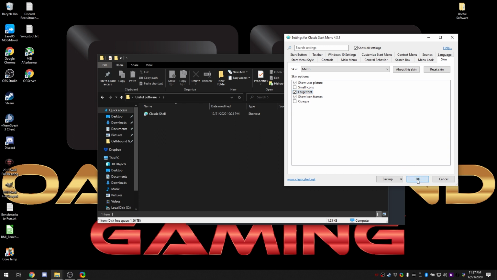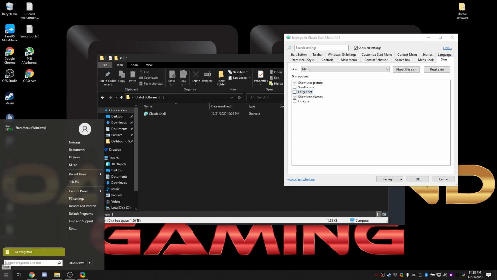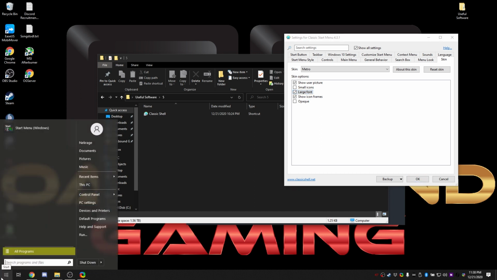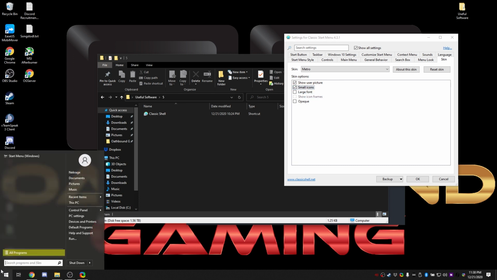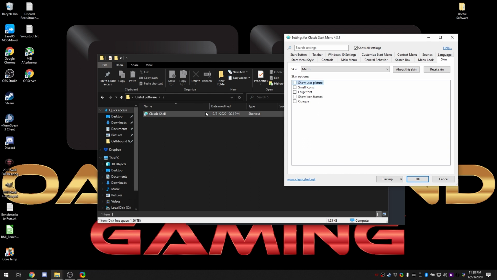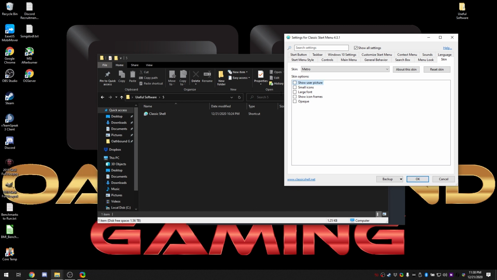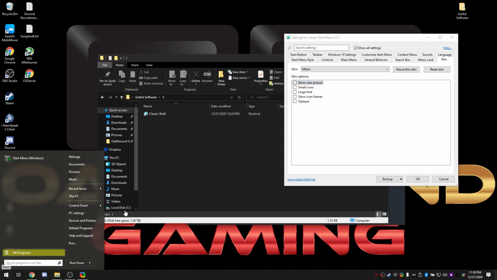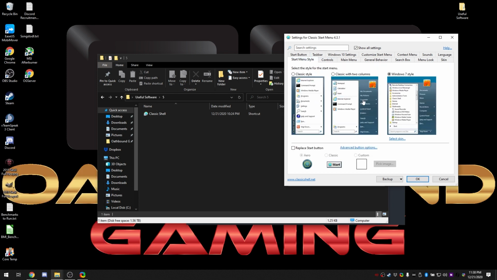But you can come here, you can select the skin. Let's say we want large font. And we're going to go ahead and open that. As you can see, the font is a heck of a lot larger once large font is enabled. It's pretty nice to be able to edit that. Small icons, you'll see the start menu icons are lower or smaller. Show user image picture, I could disable that, which actually I kind of would like that off, I think. Yeah, makes it a little cleaner. So let's leave that off.